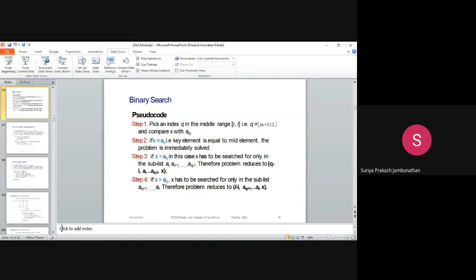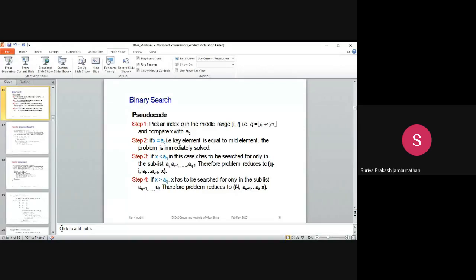Next, if the key value is greater than the value, then we have to search in the second part of the division. So that side we have to search, in the second sublist, checking every individual value, whether it is matching or not. We are just checking the value in the second subpart, so our time complexity will be reduced. Meanwhile, the time of search will be reduced, because we are not searching in the first part of the list of the array.